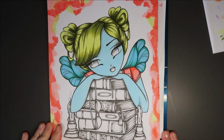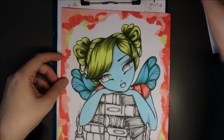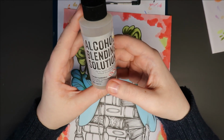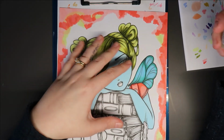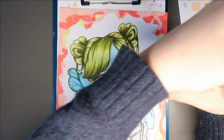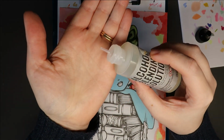That's just a very rough layer there, nothing perfect. But this is Tim Holtz's alcohol blending solution used to lighten, blend and remove alcohol ink. Now I have got a video, I'll link it up here somewhere, that I did a whole background on this, and it turned out pretty cool actually. If I can get the bottle even open, there we go. And it has got a small